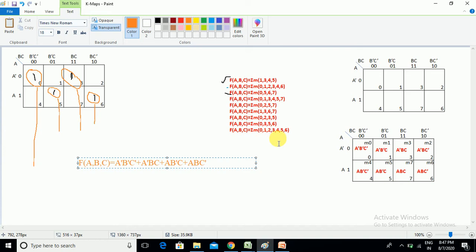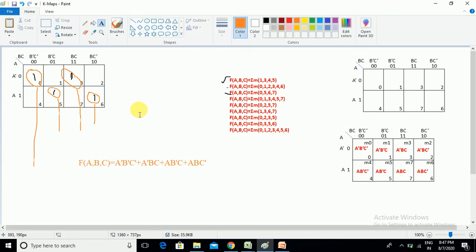The last one, let us go to the last one. You might almost understand the K-maps, the K-map simplification for 3 variables, that too sum of products, SOP. Now I am discussing only SOP, minterms. Here 0, 1, 2, 3, 4, 5, 6 are selected, up to 6 only. Let us create the mapping.